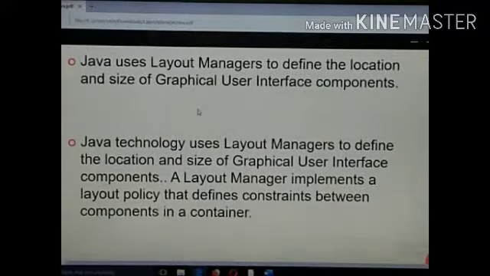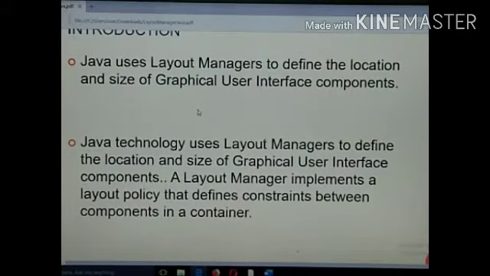Java uses layout managers to define the location and size of graphical user interface components. We are going to use layout managers to position or arrange them in a good manner.